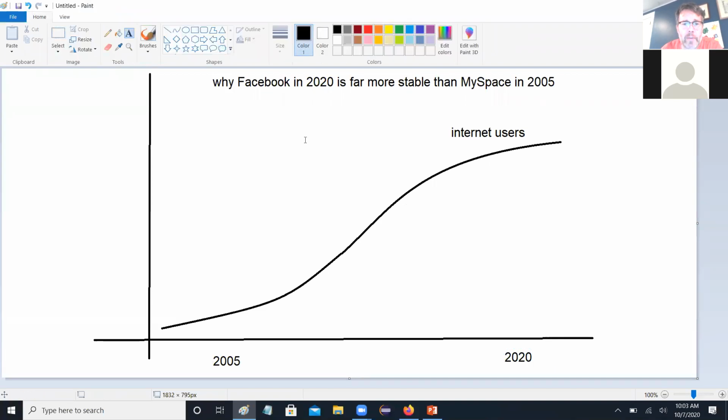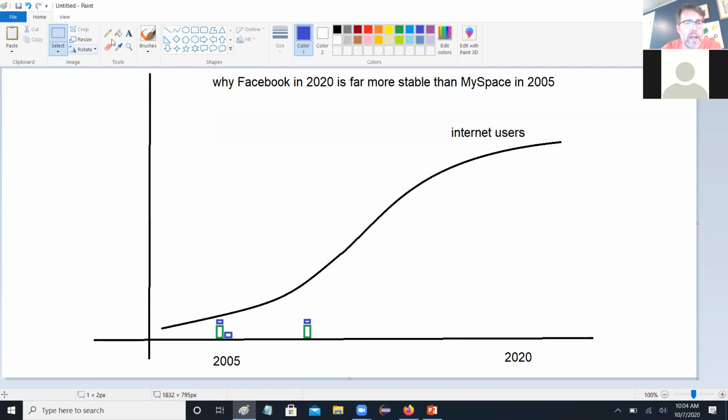MySpace at the time, we'll do it in green, maybe had a sliver of like this. Let's say maybe half the people on the internet had MySpace back then. Looks something like this. Facebook comes along and is tiny like this. But at this point, if we stack these two things up together, there's not many people that aren't covered by one or the other. But look what's happening over the next few years. If we stretch it out over to here, just a few years down the road, maybe by 2008, something like this,